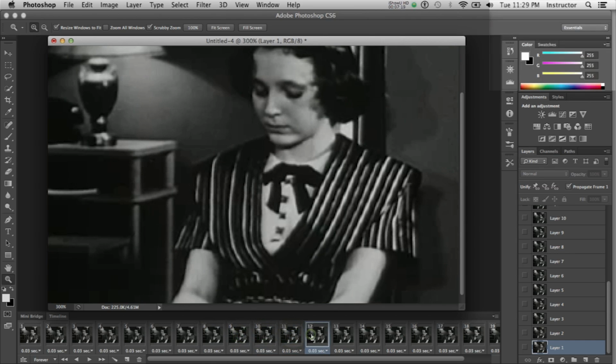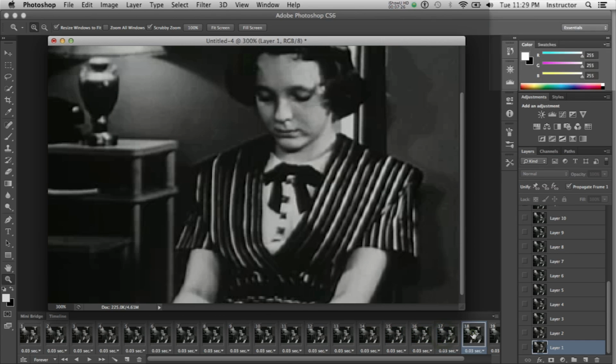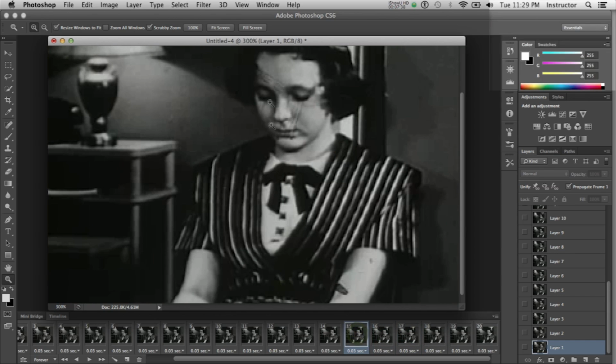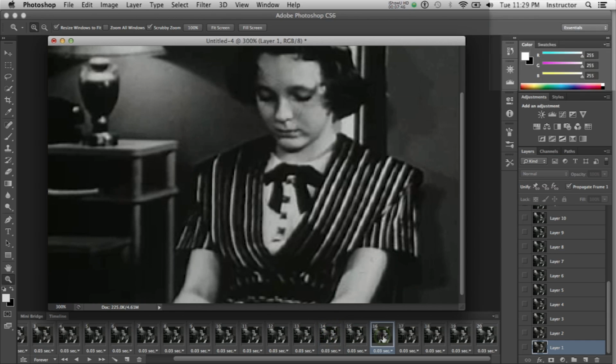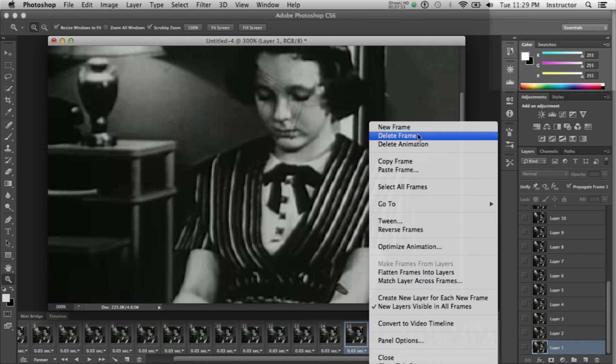Now, one thing that will help us make our GIF animation smaller and to make it look more like those cinemagraphs is to make it so that the background sits still. Now I also noticed I had one frame in here that has sort of an icky stamp on her face, probably just from the age of the film, and I think we could probably jump from here to here without too much. So I'm going to get rid of frame 15, delete frame 15,